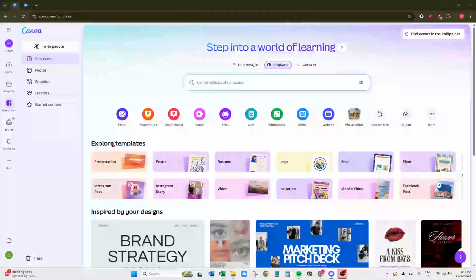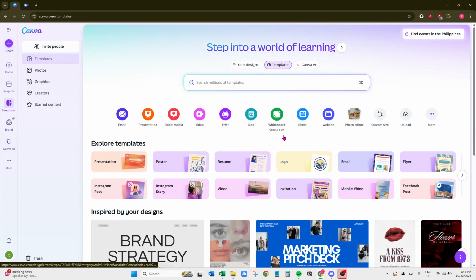In today's video, I'm going to teach you how to animate product demonstrations in Canva in just 5 minutes. Whether you're showcasing a new app, a sleek gadget, or a trendy piece of clothing, animating your product demonstrations can really bring your project to life. So let's dive into this tutorial step by step.